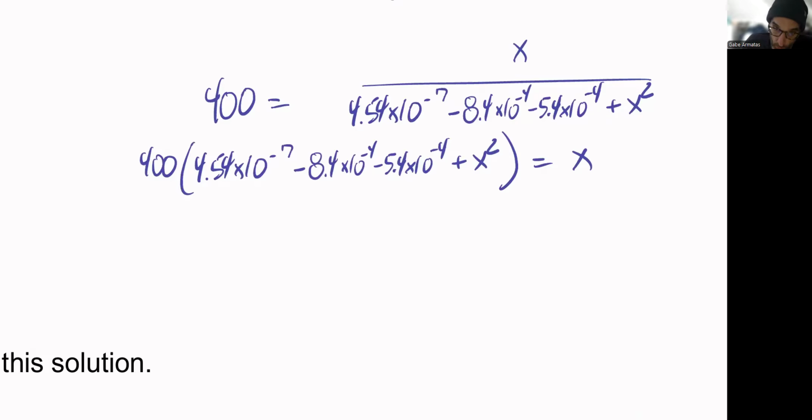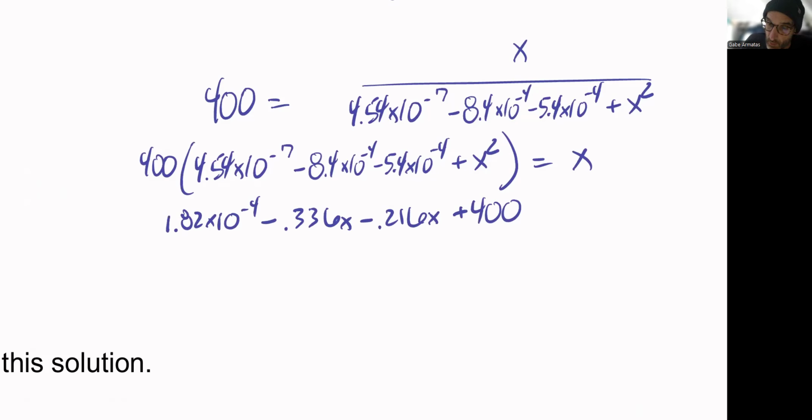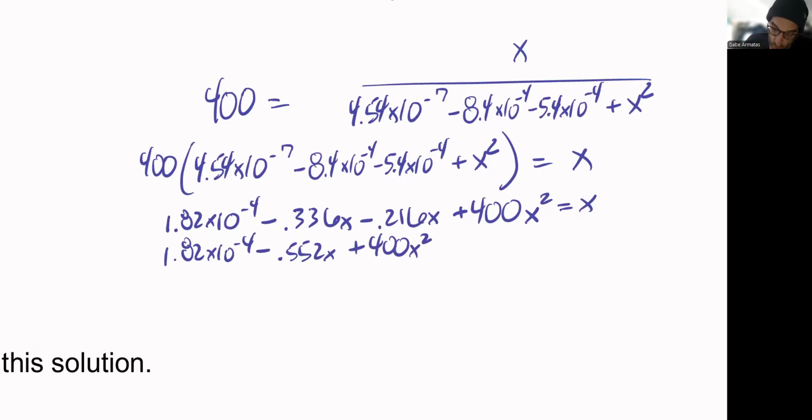I end up with 1.82 times 10 to the minus 4 minus 0.336x minus 0.216x plus 400x squared equals x. I'm going to combine terms: 1.82 times 10 to the minus 4 minus 0.552x plus 400x squared. We have to get it equal to 0, so I need to subtract x from both